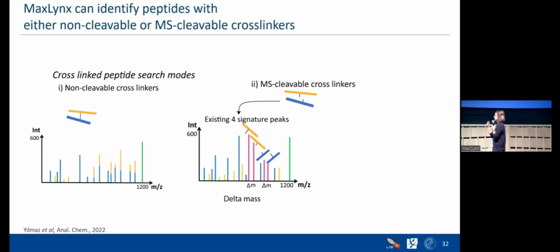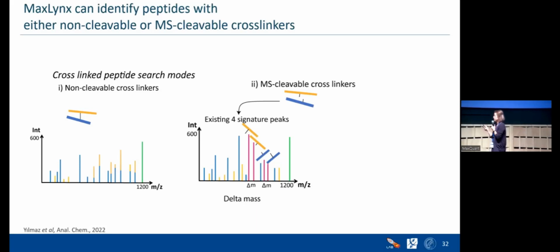Because we know the masses and the chemistry of this crosslinker, we know the delta masses, and this delta mass is very specific for these crosslinkers. Then we can find out who these orange peptide and blue peptide are, and identify